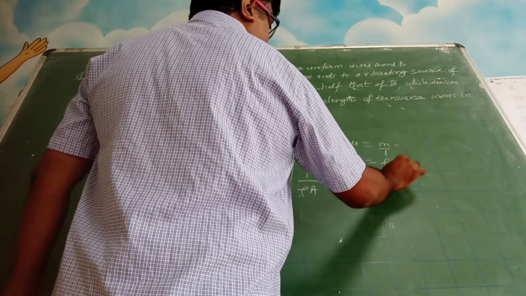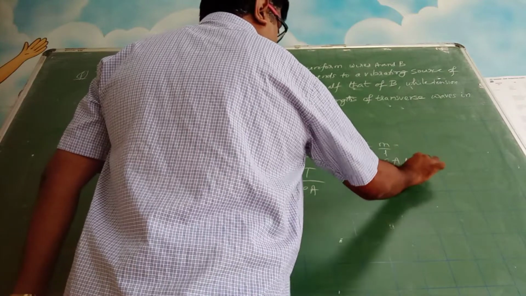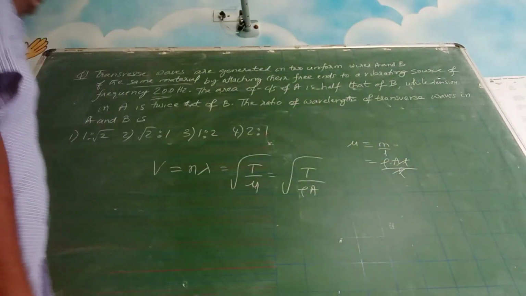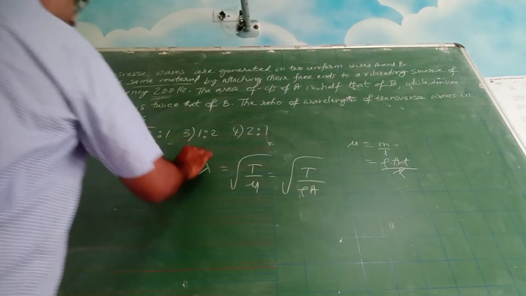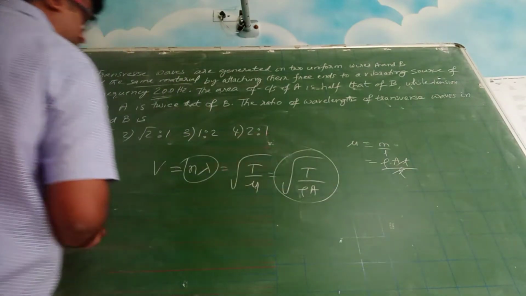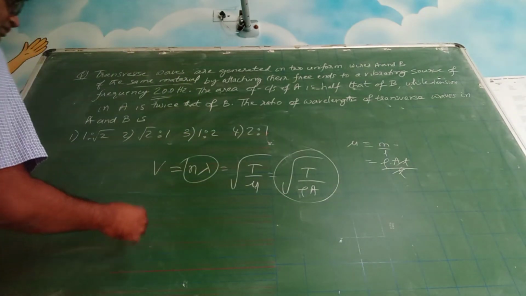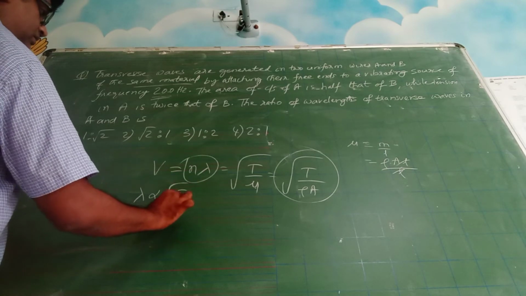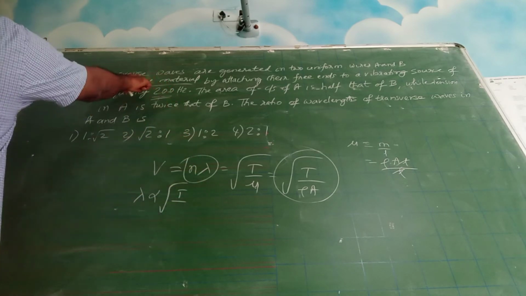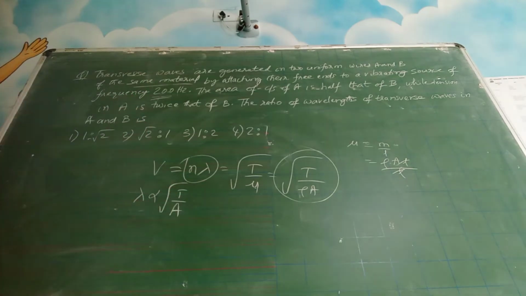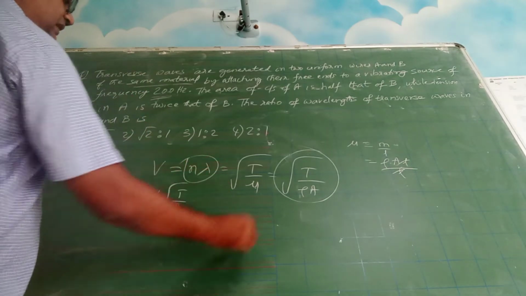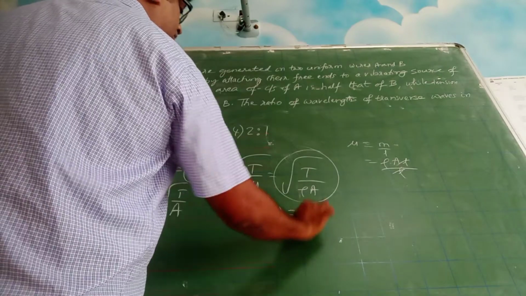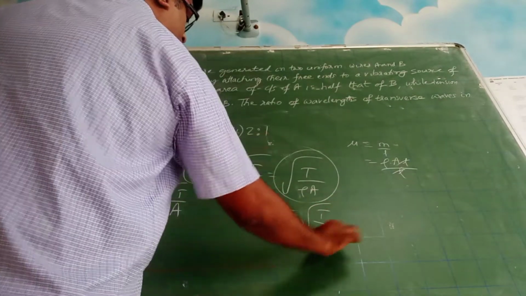So this is rho into area into length by length. Alright? So we can equate this and this. So what we are getting here? Same frequency, so lambda is proportional to T upon same material, so T upon A. Okay? And you can equate this now, and lambda is equal to root over T by rho A.